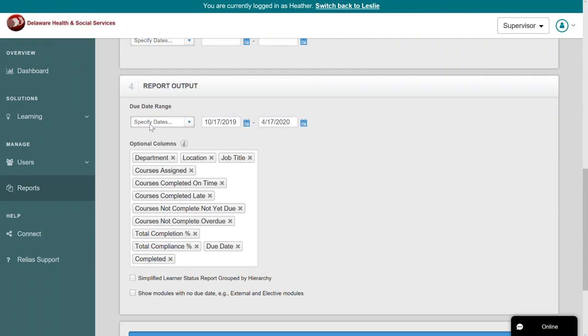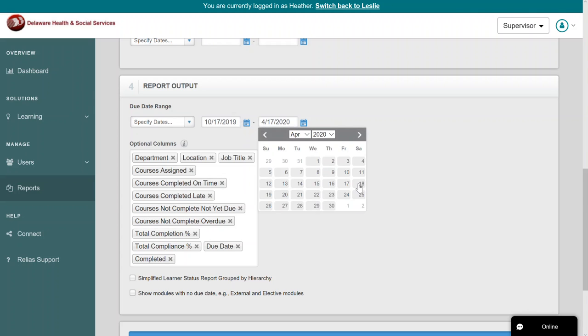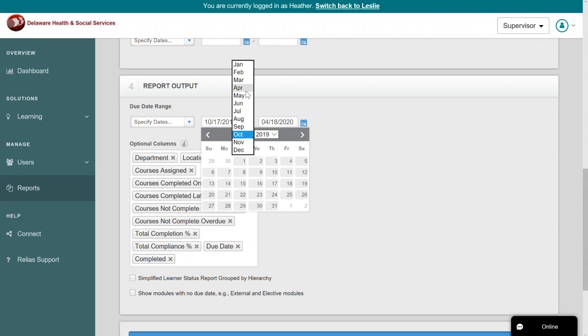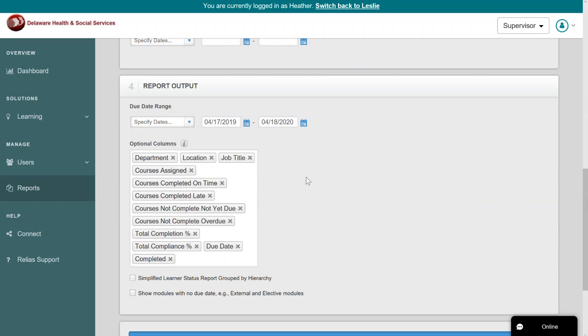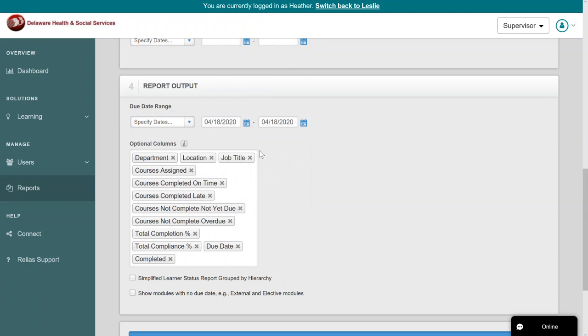So you're going to make sure it's on specified dates so that you can tell it what dates you want to run your report for. So we're going to run it for the 17th and 18th because it could have been assigned on the 17th. Not of October, though. What did I say, the 18th? Okay, so we'll say the 17th. Oh, different year. Wow, how did that happen? Okay, anyway. Darn, I'll get it. Okay, so between the 17th and the 18th, which is the 2 days when they finished the class and when it was due,